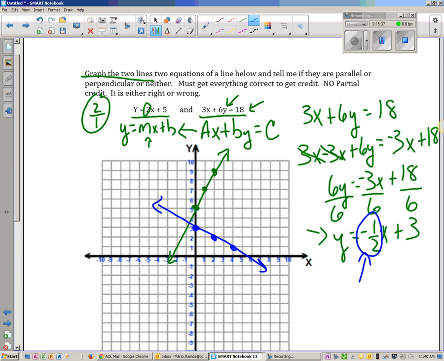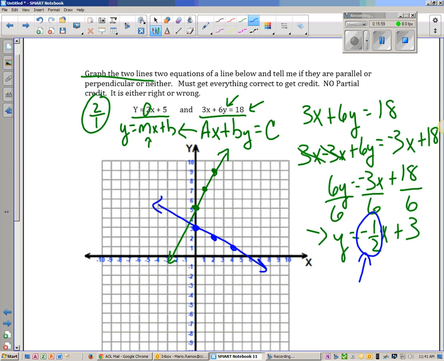Now the next part of the question was to simply tell me whether these lines were perpendicular, parallel, or neither. Well, it's plain to see that they're not parallel because parallel lines do not intersect. They look something like that. So these lines are possibly perpendicular, but in order for them to be perpendicular, their slopes have to be opposite